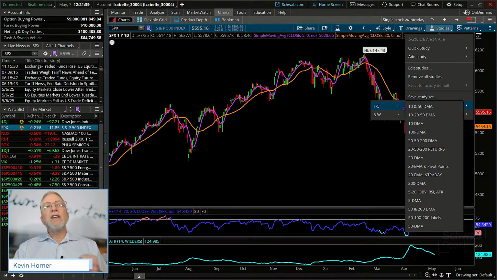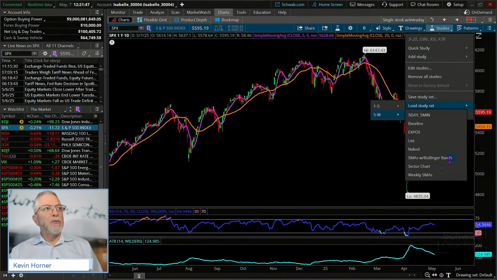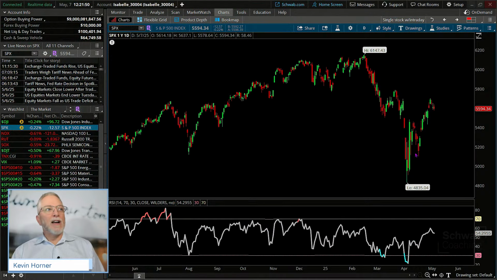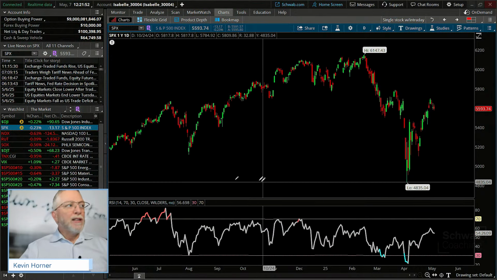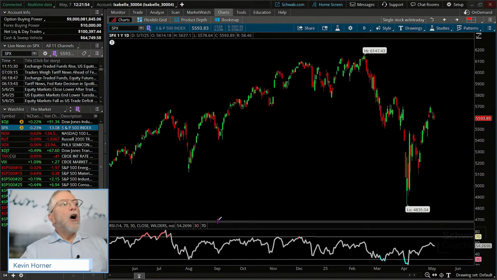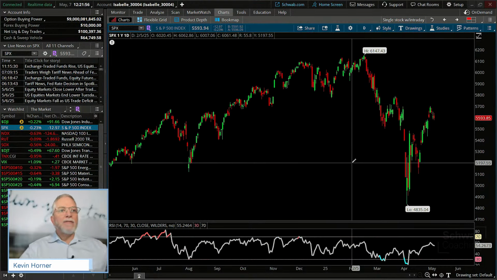So if you've not incorporated study sets before, I'm going to give you a couple of steps for your consideration. So what I'm going to do is go to one that I call naked. I'll bet you got an idea as to how that looks. Pretty clean, right? So I've got an RSI down below, and I've got price action and nothing more. So this is what I like to call the naked chart, and occasionally I will fall back in and want to just take a peek at this, and I might like to just add in my old details periodically.